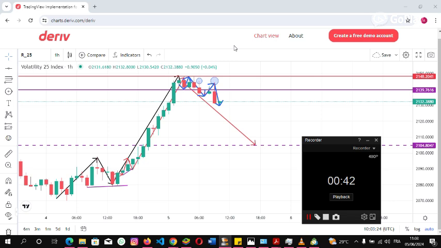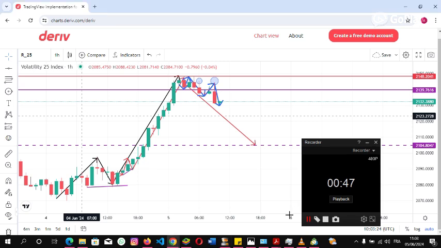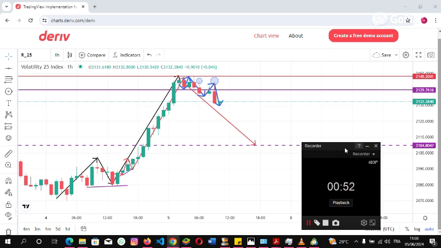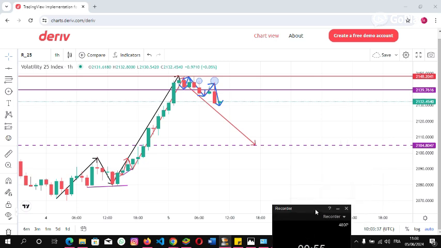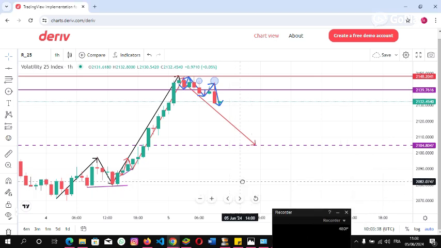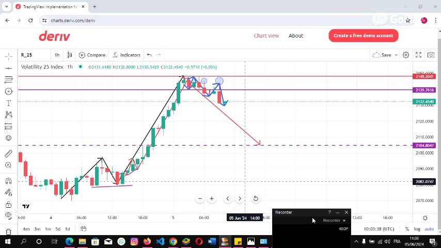Okay, so now I'm on my favorite instrument as usual, volatility 25. So I went to the 1 hour time frame. When things don't work out on the lower time frame, I go to the higher time frames. It's like calling onto a higher power when you're in trouble. You understand? So on the higher time frame, I was able to identify my Elliott structure, which is where I